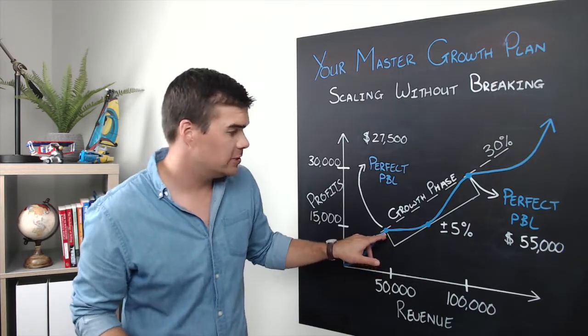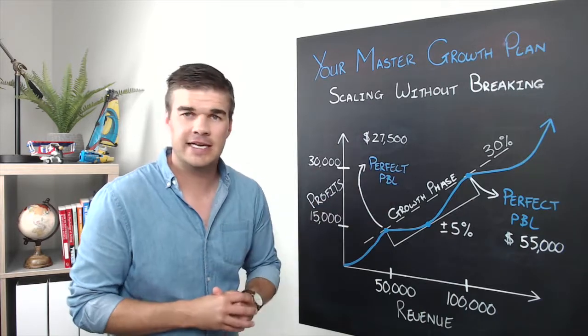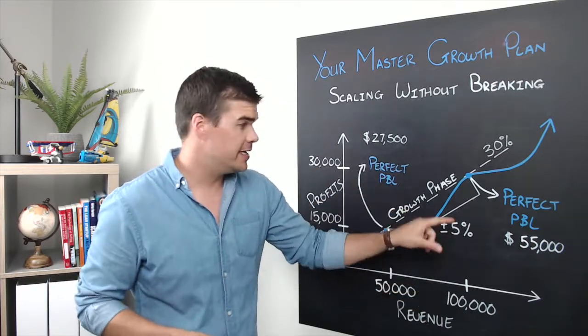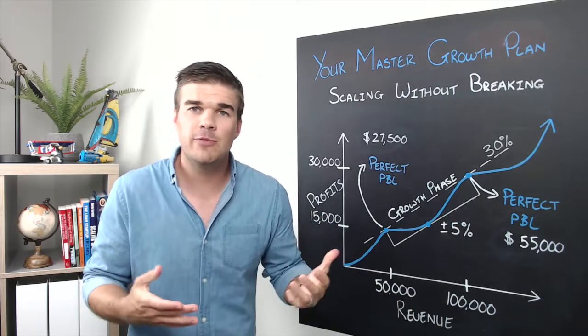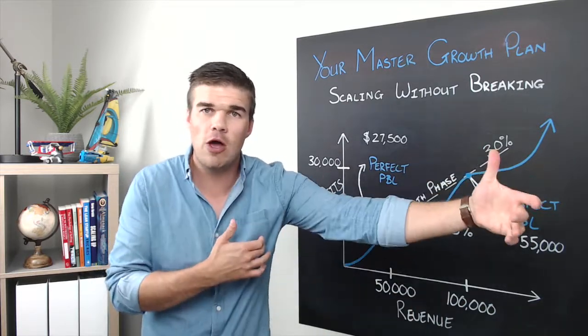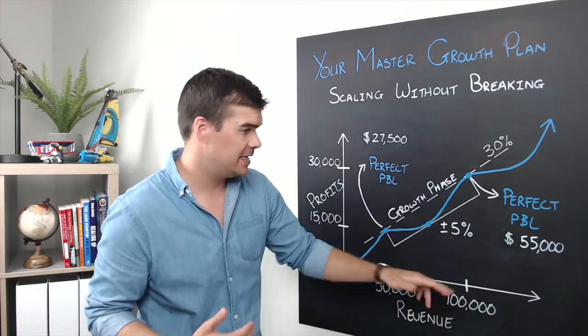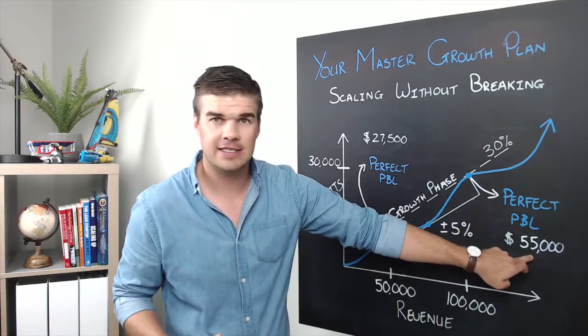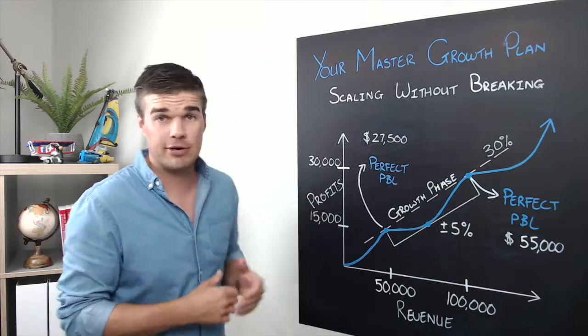And now we want to get to $100,000 a month. And that's just an example. You can change the numbers because everything is percentage based. The first thing we do is we create the perfect P&L at $100,000 a month in revenue. The reason we do that is because we want the end in mind. We want to know where we're going. So we create that P&L, and that P&L should be broken up in the same percentages. So $55,000 in advertising and labor, $15,000 in other overheads, and generating $30,000 in pre-tax profits.